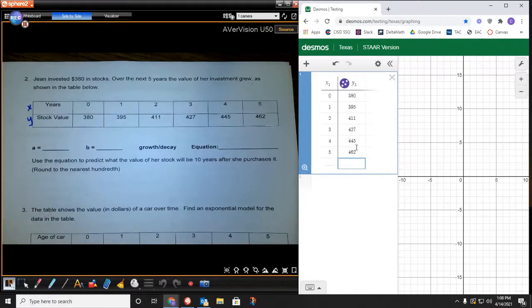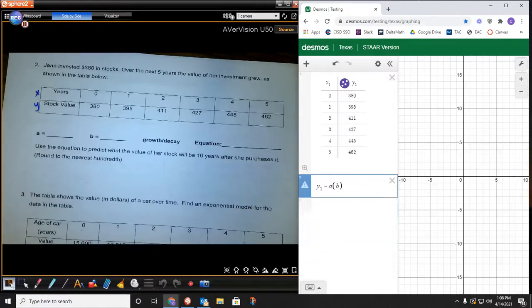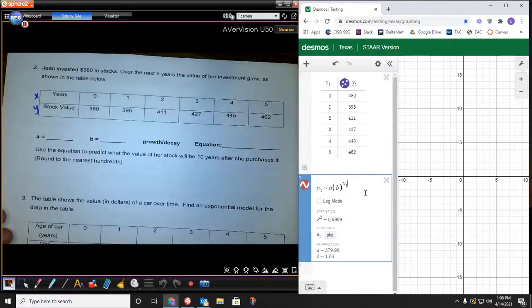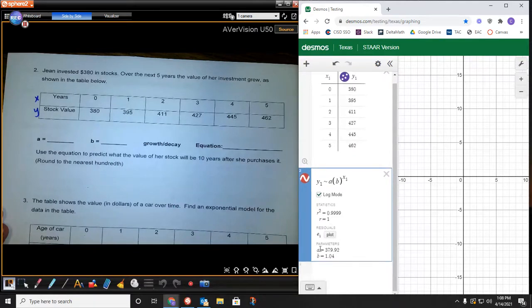And then once we do this, we will see that we can now add that expression in. When we add our expression in, it'll be y1 tilde a parentheses b raised to the x1 power. All right, we are just writing in that form right there. We're going to select this little log mode right here, and we get